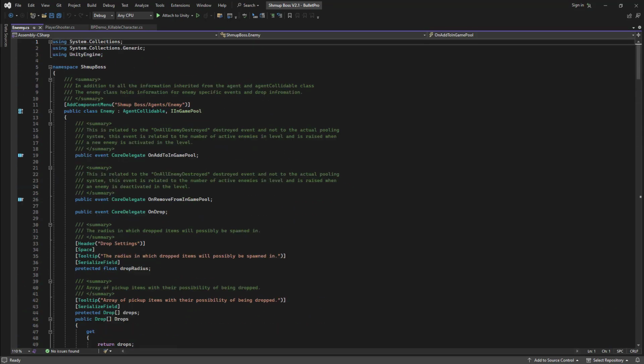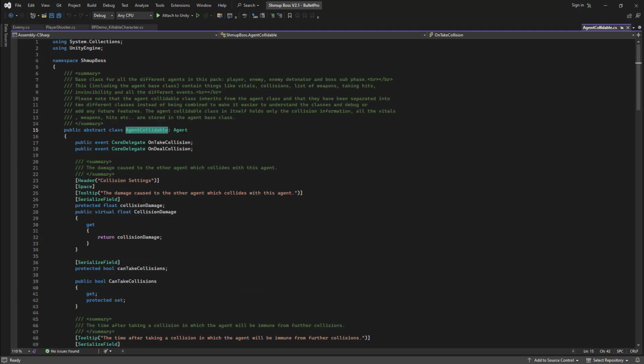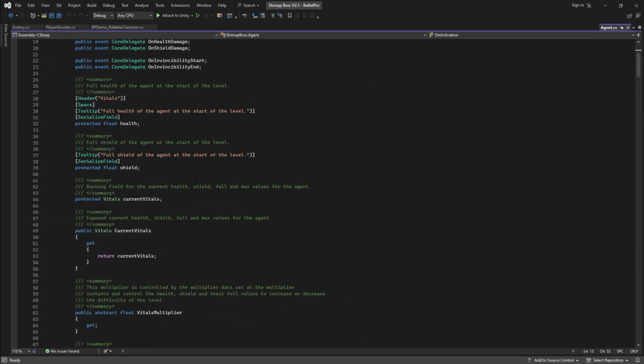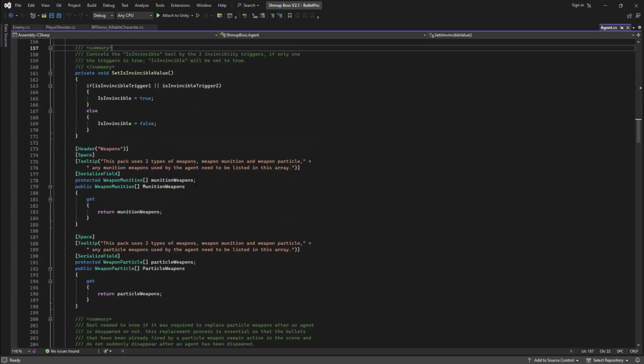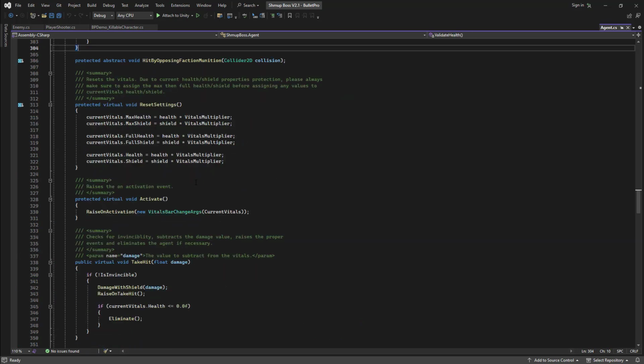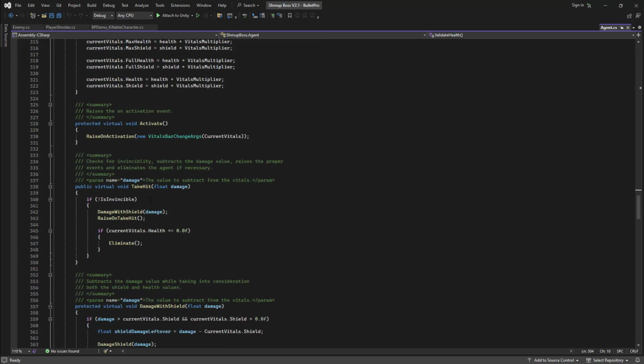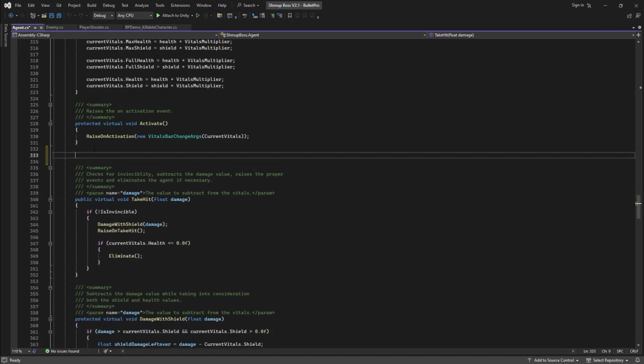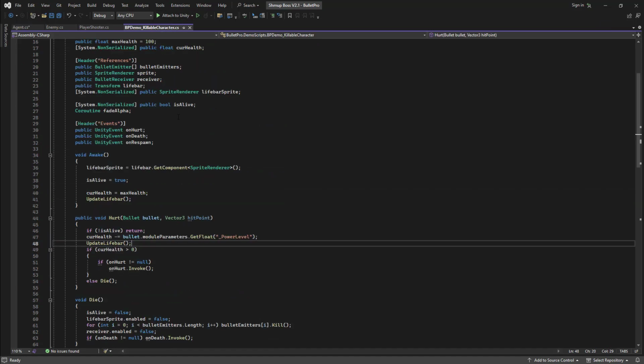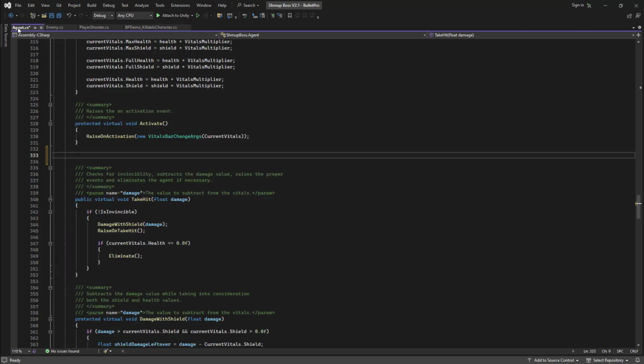I'll go to the basic agent one and I'll look for the damage or hit, take hit, and I'll add my own function. By the way, I just basically copied this one over here. It's no biggie. So from the killable character, I just saw what he did in his script